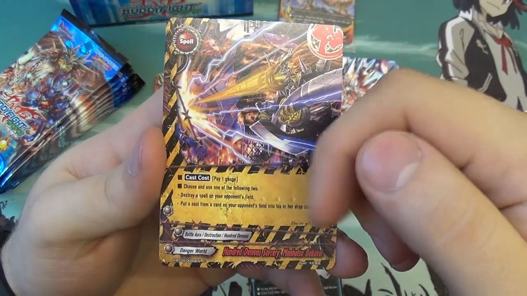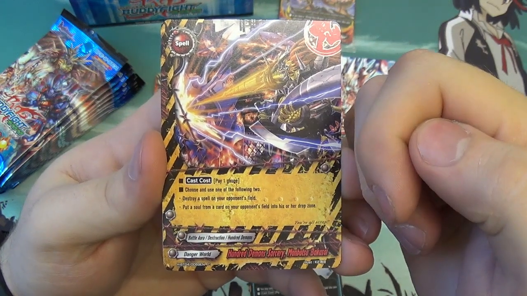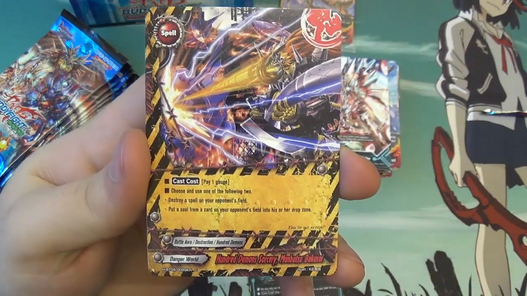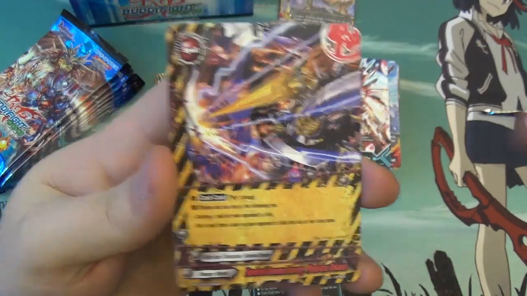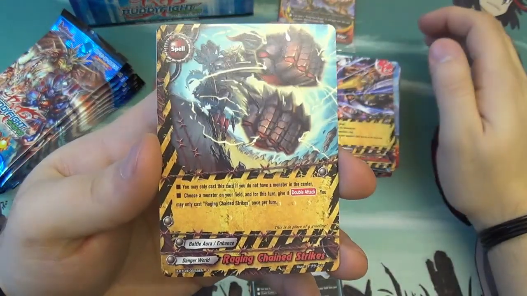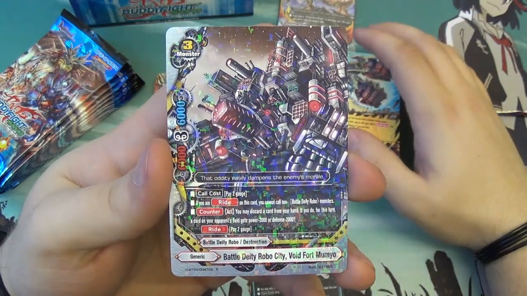Cost a gauge to play, choose and use one of the following. 2, destroy a spell on your opponent's field or put a soul from a card on your opponent's field into his or her drop zone. That's effectively a destroy spell and, well, destroy spell for a spell, but that's a nice, very nice spell to have. We have Raging Chain Strikes, and then we've got a single rare, which is a Battle Deity Robo City